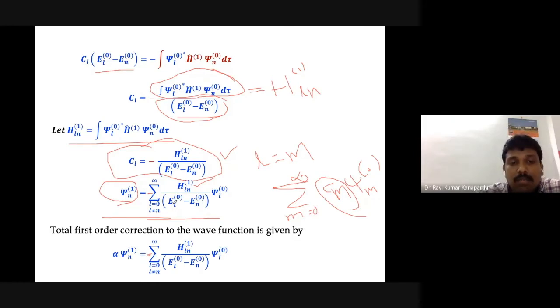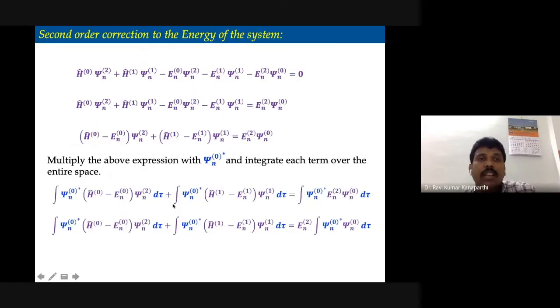Well, that is the total first order correction to the wave function, and we can also continue and evaluate the second order correction to the energy. The second order correction to the energy has significance in chemistry. You may recall the van der Waals interaction. It is the long range interaction present between any two molecules or atoms. When they are very far apart, initially there is attraction at longer distances.